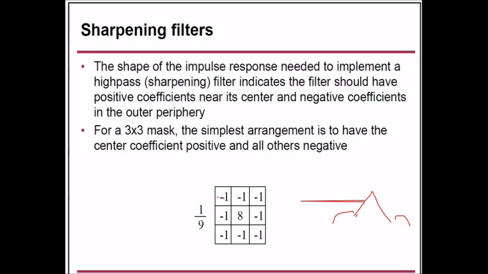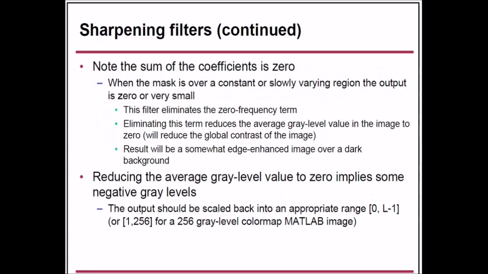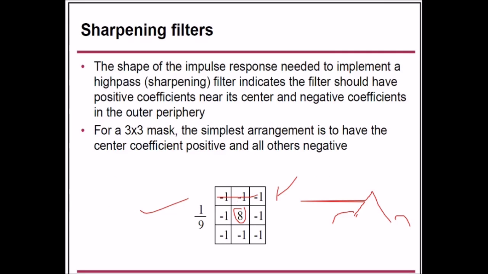For that, the boundary values are given -1, and the center one is highlighted, or given a higher weight. So this is 8. This is how your sharpening filters are designed, and this is one of the sharpening filters. You must note that the sum of the coefficients is 0. This is very important. You have to use values so that the